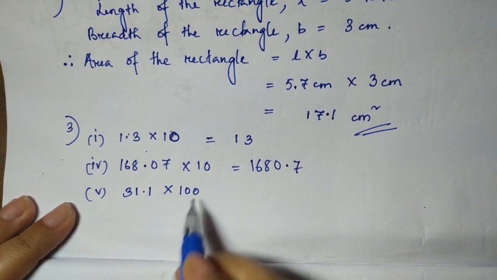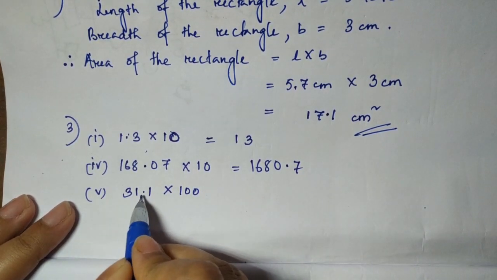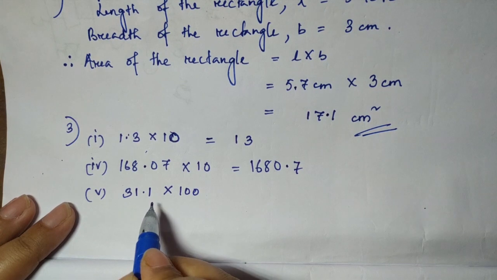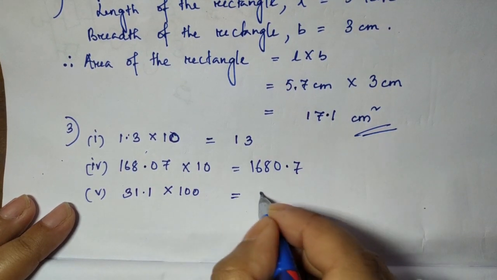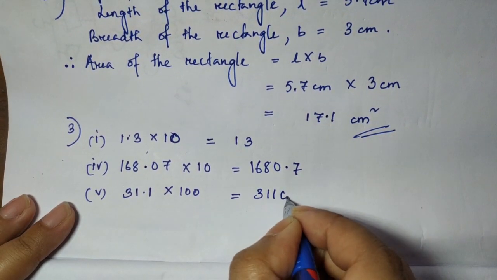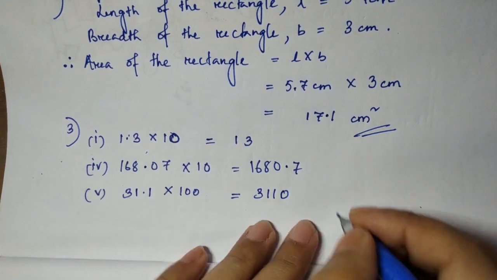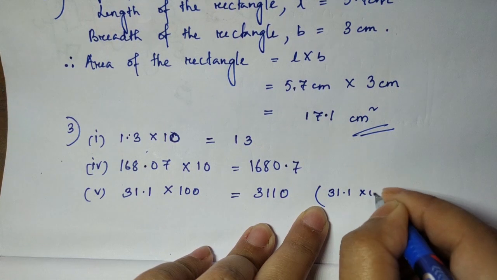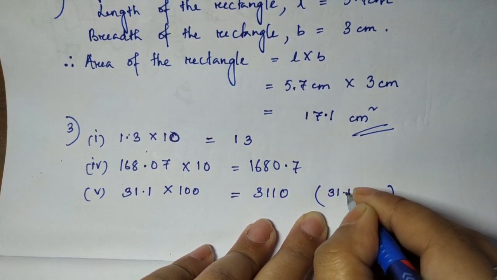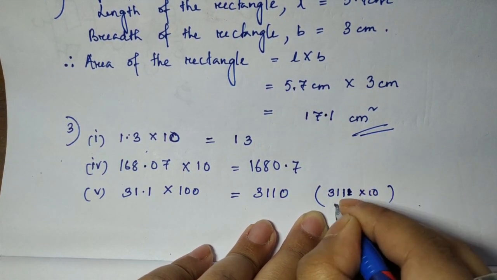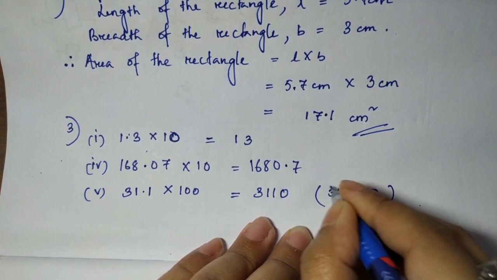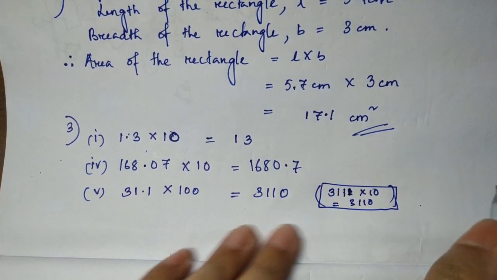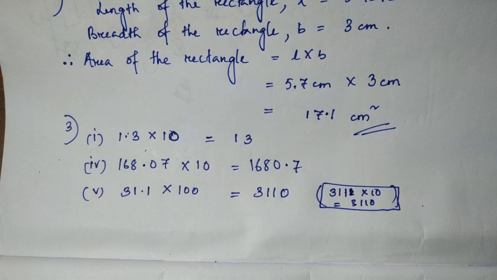Now there are 2 zeros, but after the decimal there is only one place, one number. So what do I do? 311 and I will add a 0. Because suppose if I multiply, it will become 31.1 and one more 10 will remain, right? So sorry, 31, this will go and it will give me this. So this is just for your explanation. Okay, so you can add a 0 after this.